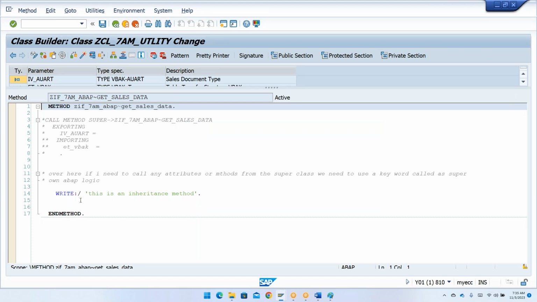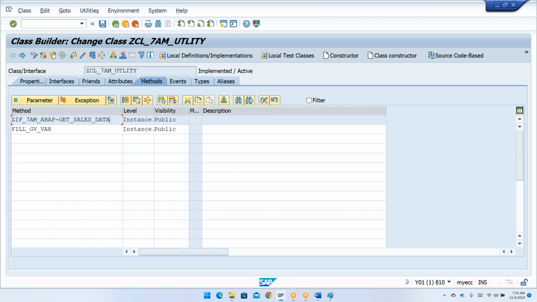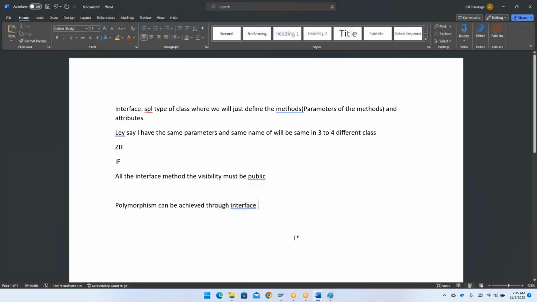It will directly come to your child class method only. It will not go to your parent class. It will directly come to your child class only. Now, can we add